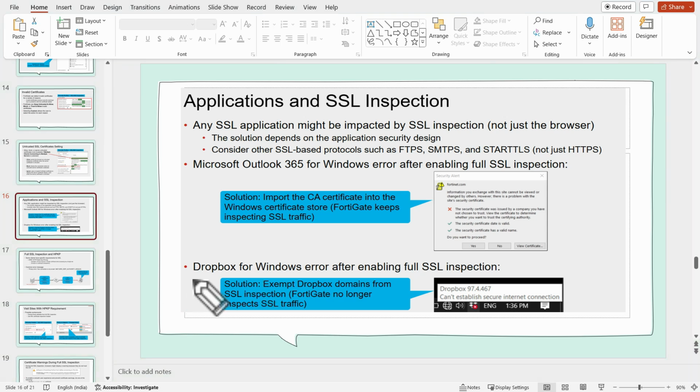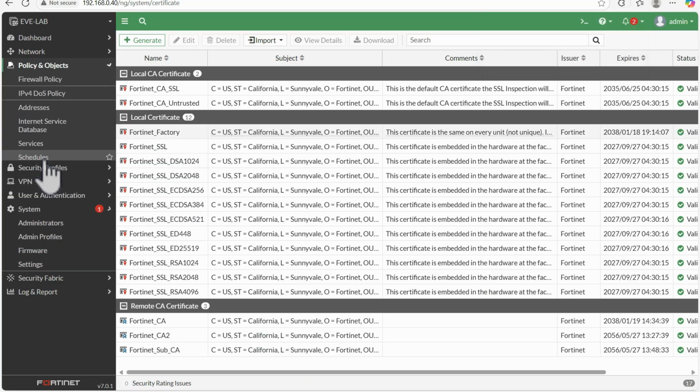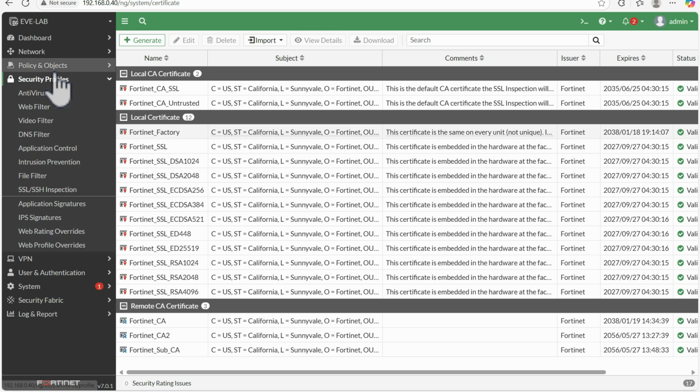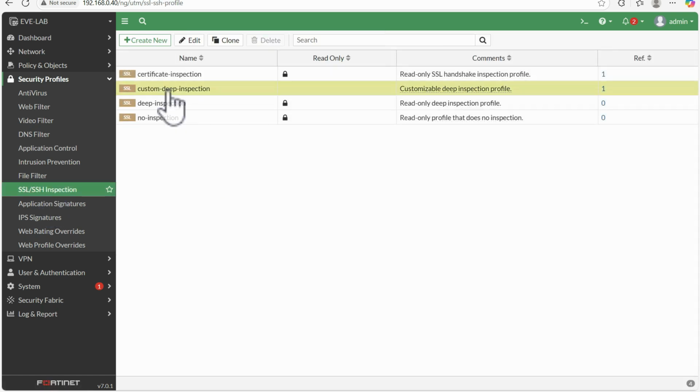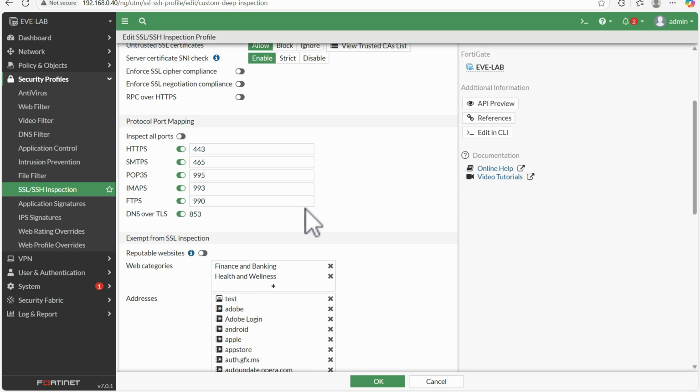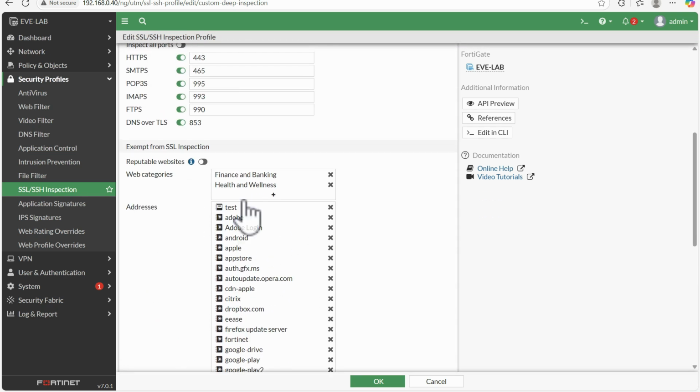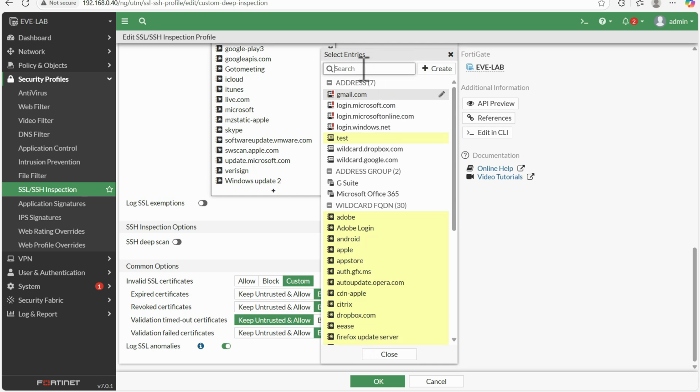The second issue is the Dropbox for Windows error after enabling full SSL inspection. For Dropbox, the solution is to exempt the Dropbox domain from SSL inspection so that FortiGate no longer inspects the SSL certificate. In the case of Dropbox, we have to go to Security Profiles, then SSL/SSH inspection, custom deep inspection, and exempt it from here under addresses and exempted.